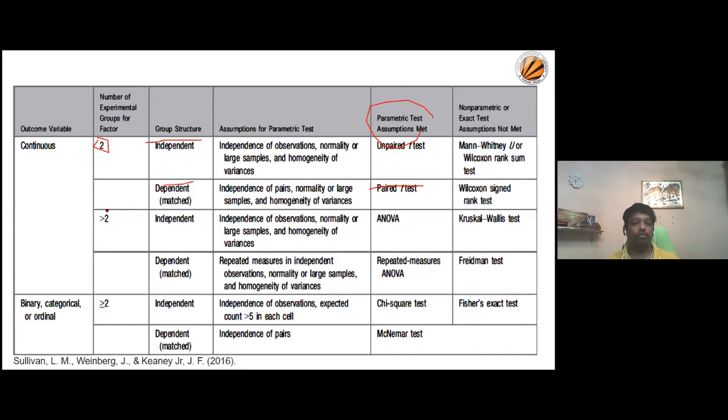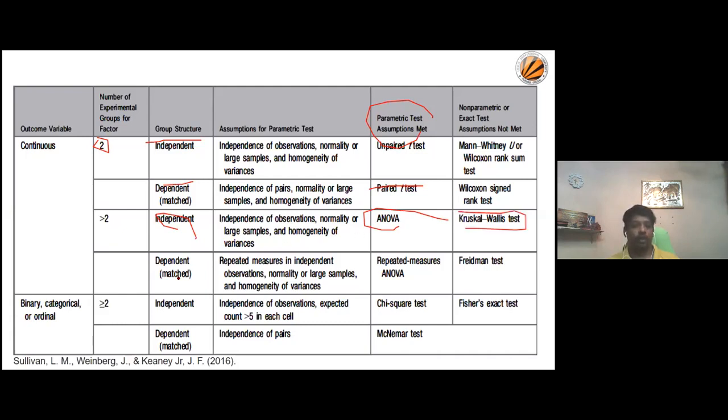When you have more than two groups, in general, if you have independent groups, more than two groups, we use ANOVA, one-way ANOVA or two-way ANOVA based on your variables. That's a different topic, as it will take longer to describe the different types of ANOVA in detail. But in a nutshell, if you have more than two independent groups, use ANOVA. The alternative to ANOVA, if it is not normally distributed, is the Kruskal-Wallis test.